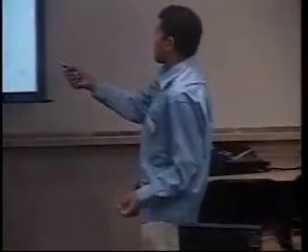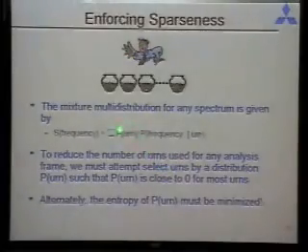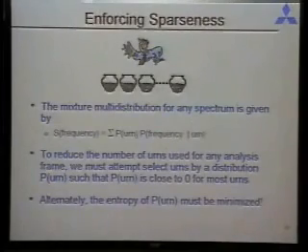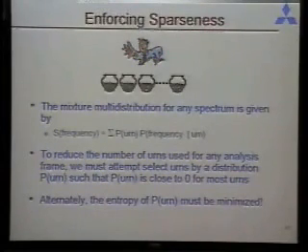So here, to compute the spectrum for any given analysis frame, I have a probability distribution over the urns, and then a probability of the frequency given the urn, and I'm combining all of these. If I want the representation to be sparse, then the probability of an urn must be 0 for a large number of urns. That way, I'm using the smallest number of urns possible to compute the spectrum. Alternately, I can say that the probability distribution with which I'm picking the urns must have the smallest entropy.